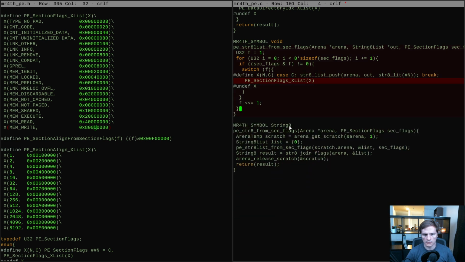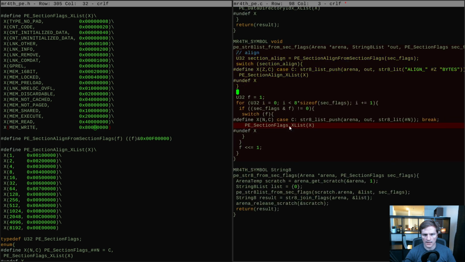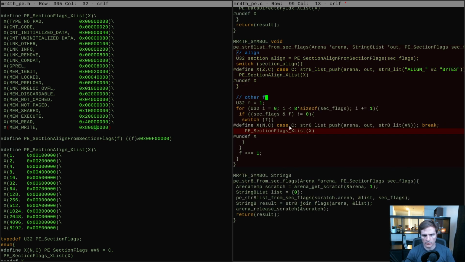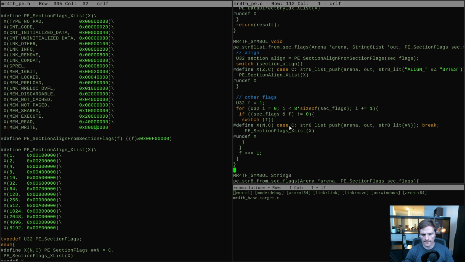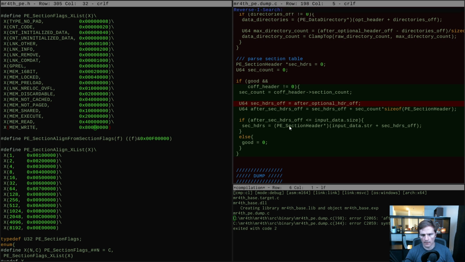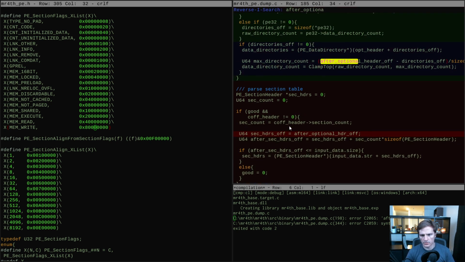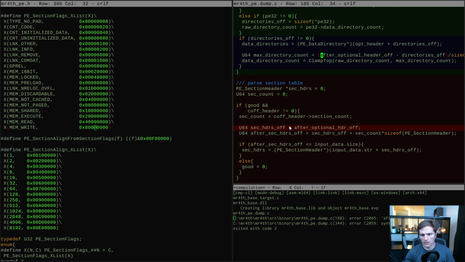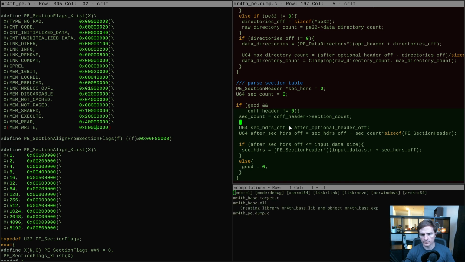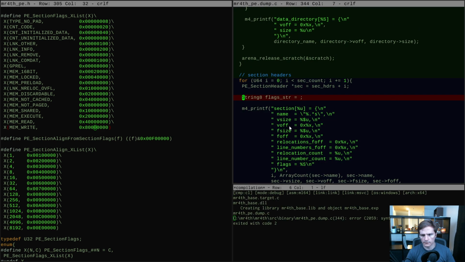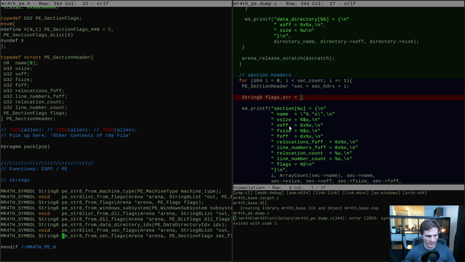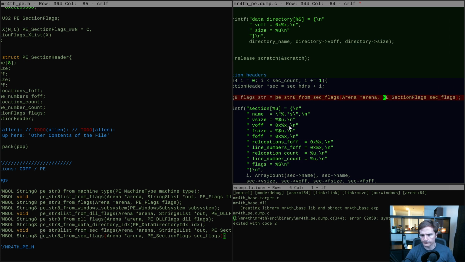And stick that actually up here. Other flags. Okay. After optional header. After optional header off. Okay, flag string is going to come from this. We just worked on this function. So,